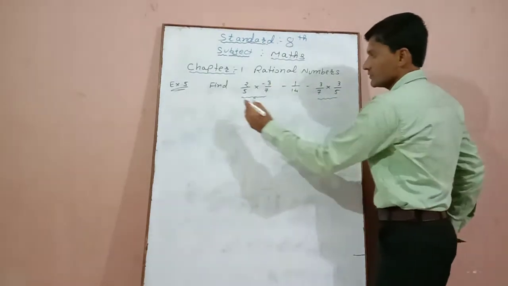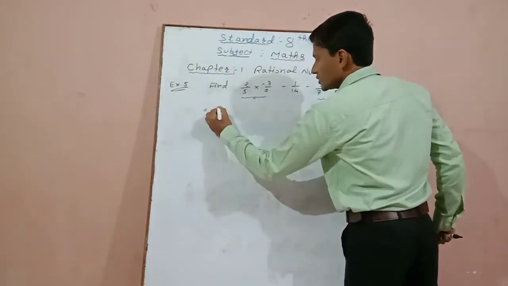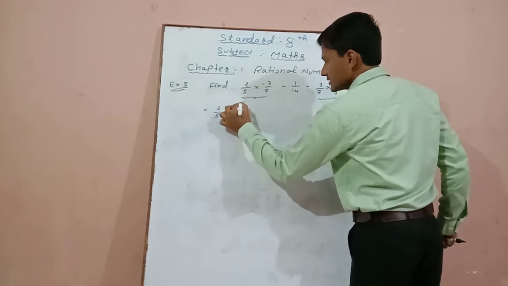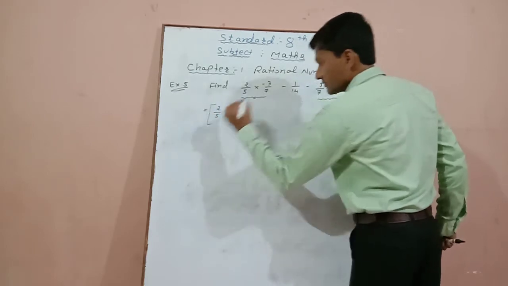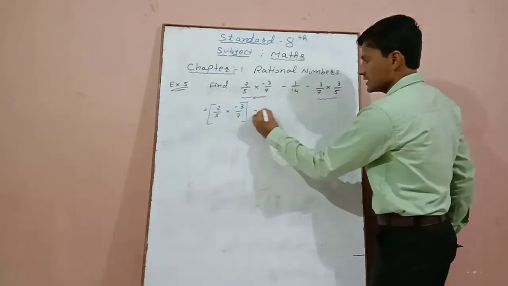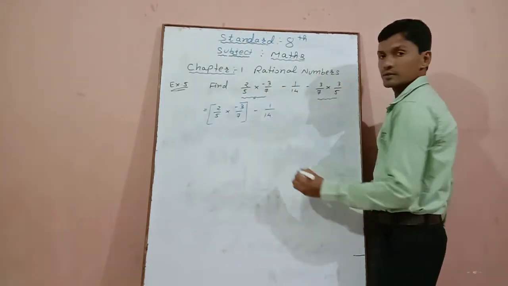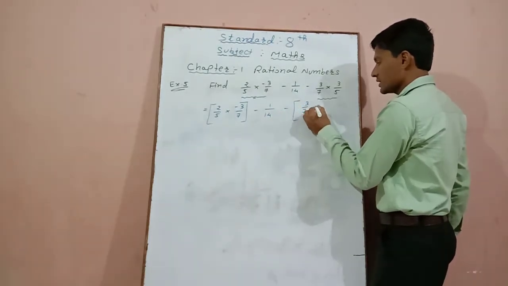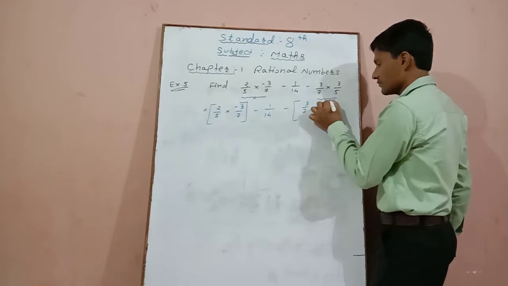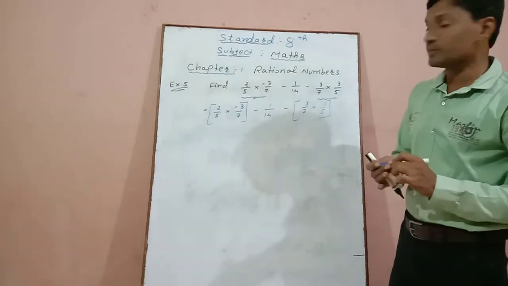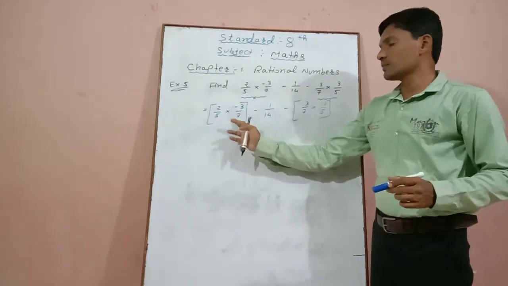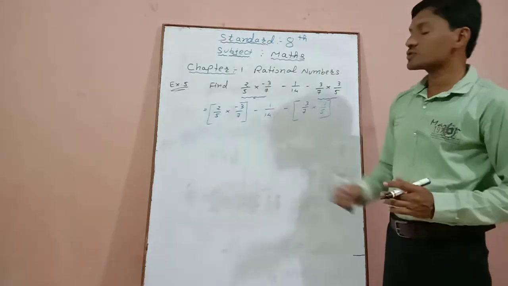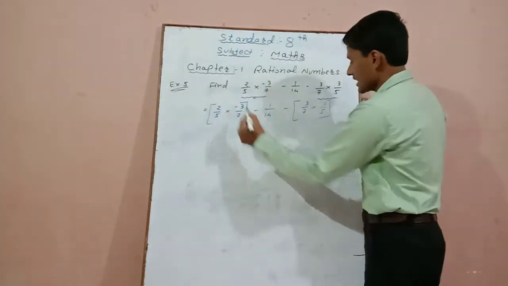So now we have to compare it, is equal to 2 divided by 5 into minus 3 divided by 7, in bracket minus 1 divided by 14, again minus, and 3 divided by 7 into 3 divided by 5. We have separated the multiplication steps. So first of all we will multiply these two and these two, and after that we will compare with minus 1 divided by 14. Now 2 3s are 6.